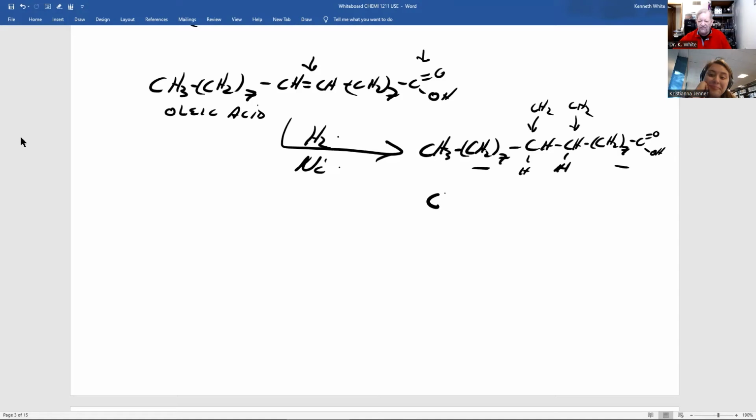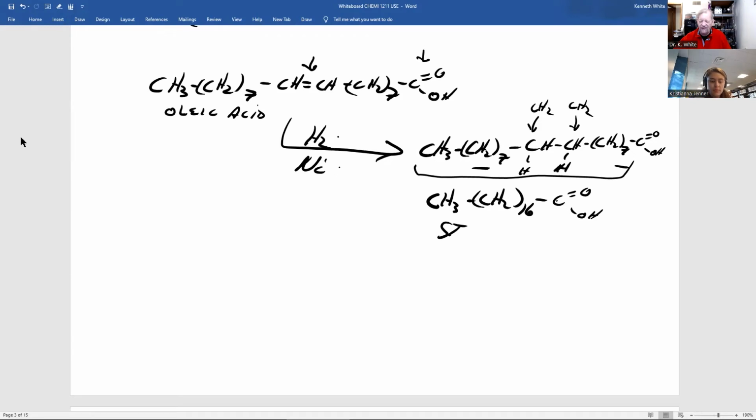So I can rewrite this molecule like this. Same molecule right above. Notice right here, I have 17 plus my carbonyl carbon, 18 carbons. And this is called stearic acid. So if you hydrogenate oleic acid,